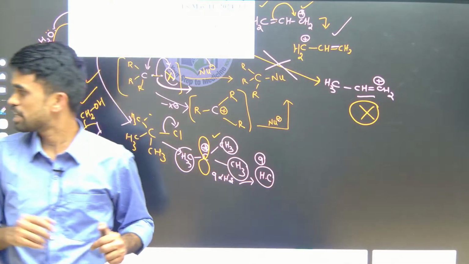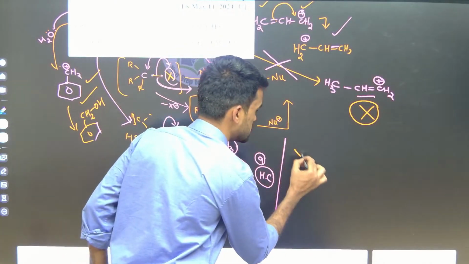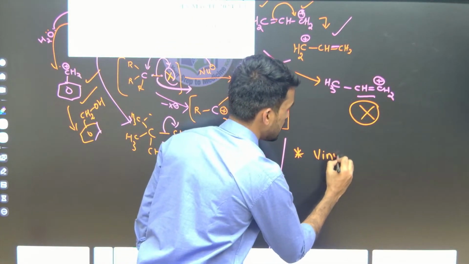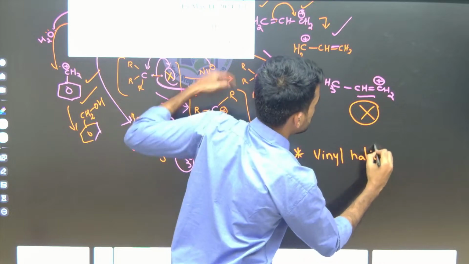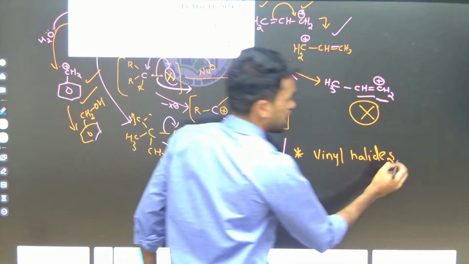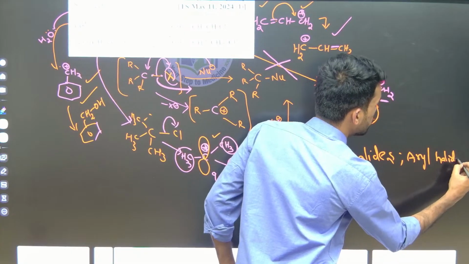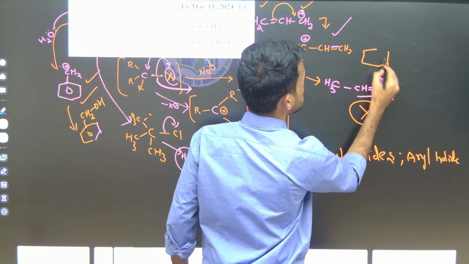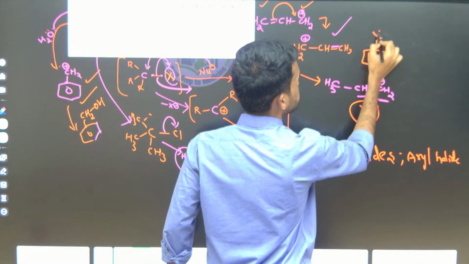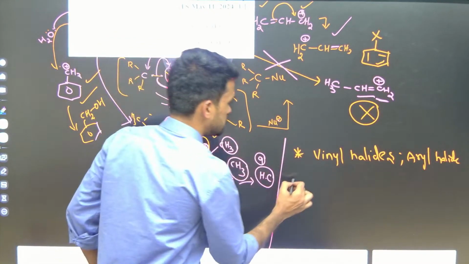Yeah, so the first statement I want to mention here, just see what I am writing. Vinyl halides: these are the compounds which generate this type of carbocations, like vinyl halides and aryl halides. Aryl halides means what? You know the benzene ring, right? You can also call this an aryl group or phenyl ring. On this, if a halogen is directly attached, you can call them aryl halides. So vinyl halides and aryl halides do not involve